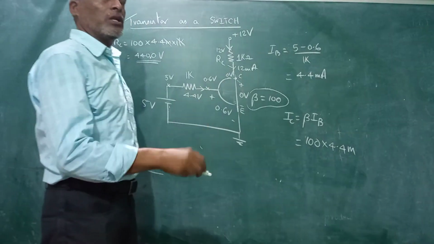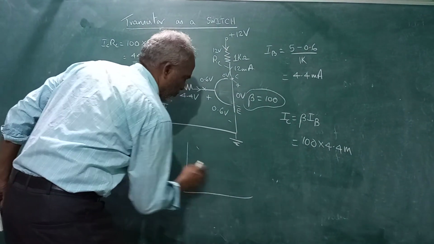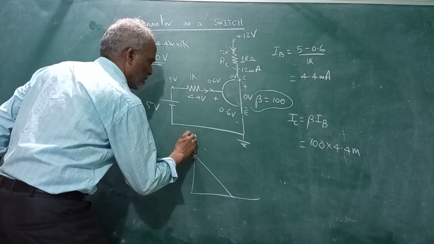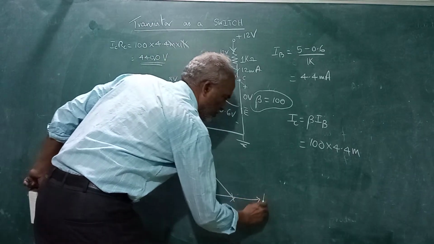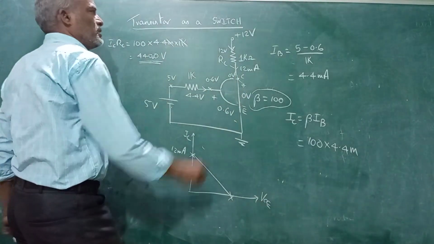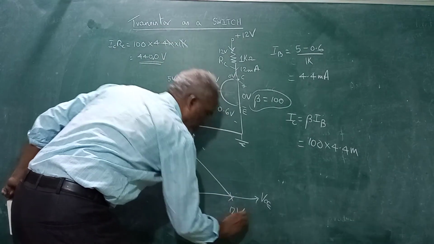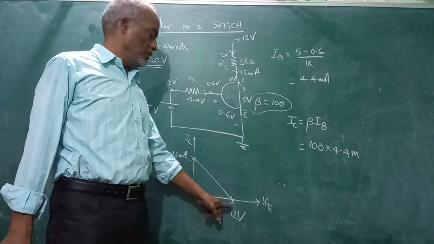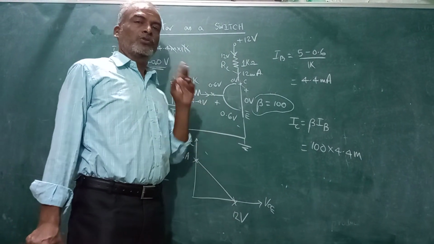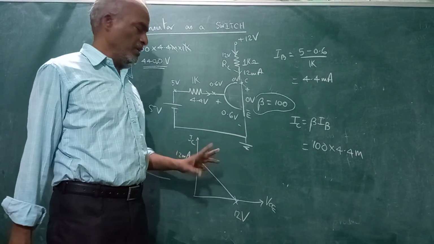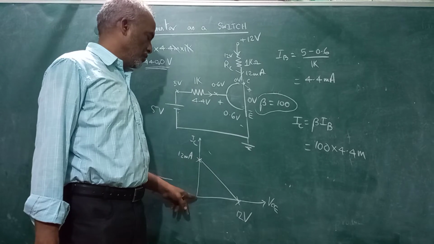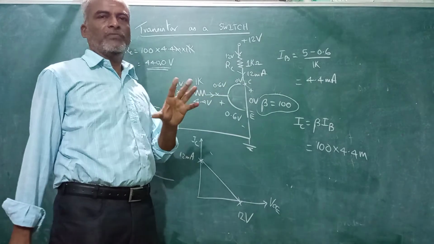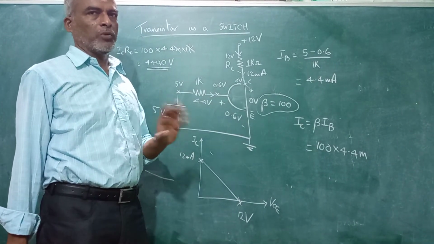So now how will you draw the load line for this circuit? For this circuit, the saturation current is 12 milliamps. This is IC. And the cutoff, as I already told you, VCE is equal to VCC. Now VCC will be 12 volts. That means the transistor saturation current is 12 milliamps and the cutoff voltage is 12 volts. So for a transistor to act as a switch, it can shuffle between this value, that is VCE equal to 0 or VCE equal to 12 volts. But in practical case, VCE will be roughly around 0.2 or 0.3 volts.